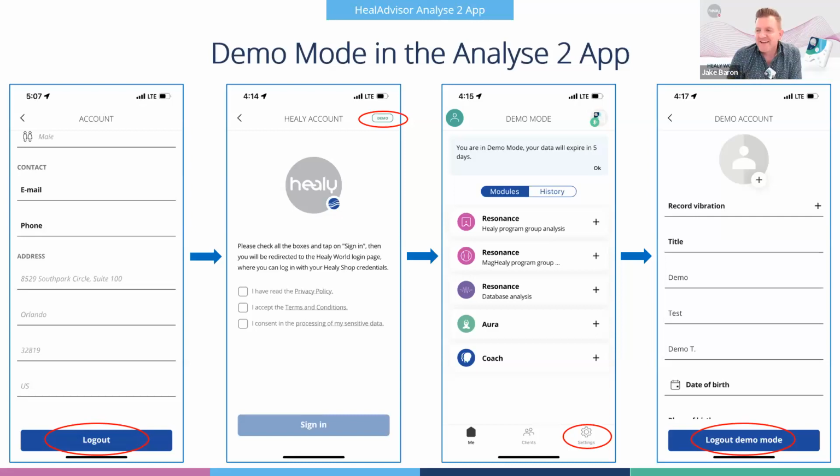Yeah, that's an excellent point, because we have the Healy Professional Edition, we have the Mag Healy Professional now, and then we have this professional plan that is specific to the Analylse 2 app. So basically, as some of you may know, whether you have a Residence Edition, a Residence Plus, or Professional Edition, the database in the Analylse app is the same as far as what you can access. It's one database there.